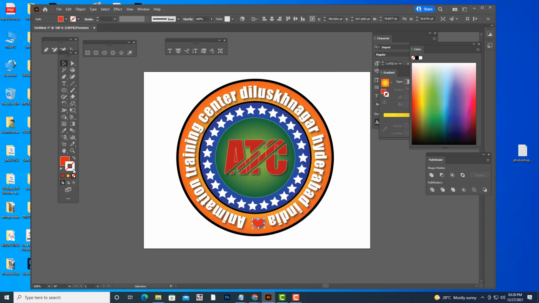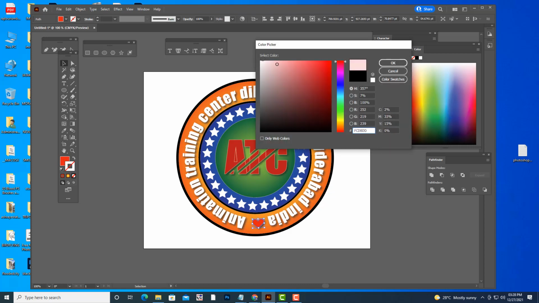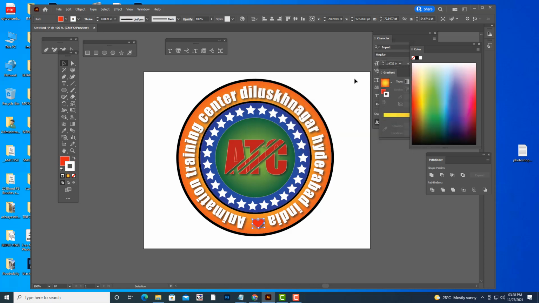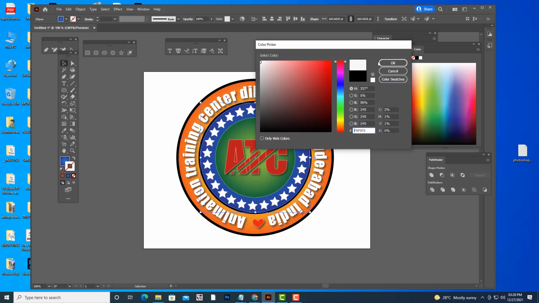And we'll give a white color stroke. Able to understand? Instead of this black stroke, we'll give a white stroke only, because white stroke is more attractive.